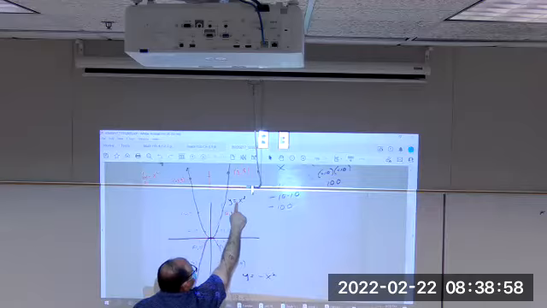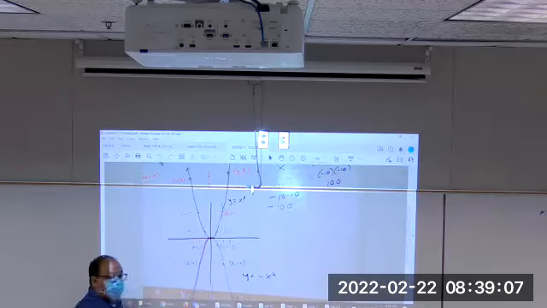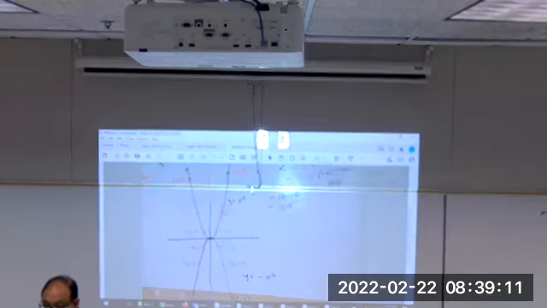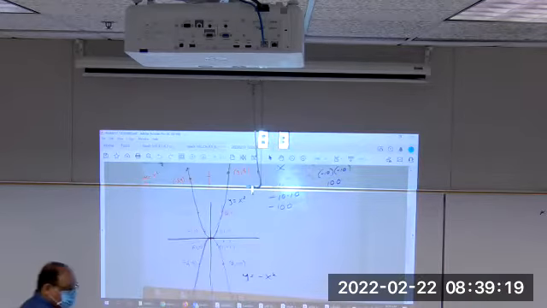But when you put a negative in front of the square, a negative is always going to flip your graph across the x-axis, no matter what. No matter what you're graphing, a negative in front of the function will always flip it across the x-axis. It's a vertical flip. And I'm not trying to scare you, but in trigonometry,